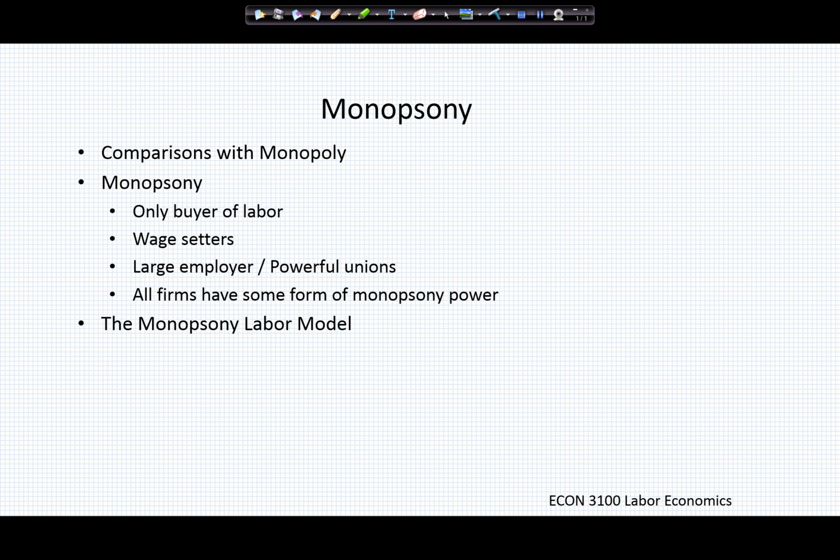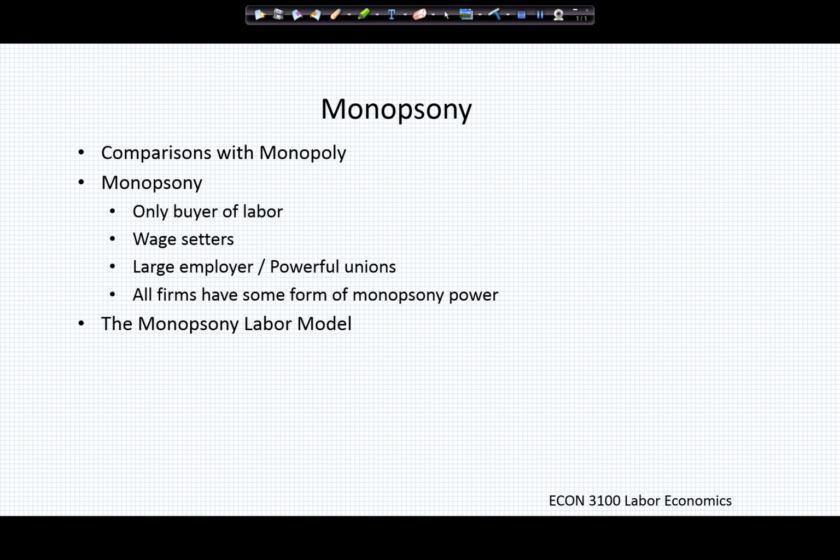In which case, they're going to be very influential over the wage, and very influential over the number of people working, etc. They have a lot of power in this relationship, and we'll see by model in a few moments how they exercise that power. We can think of them as wage setters. They're the ones capable of manipulating the quantity of labor that they'll employ, which has a relationship with the wage. And as I said, that's either a very large employer or it might even be a powerful